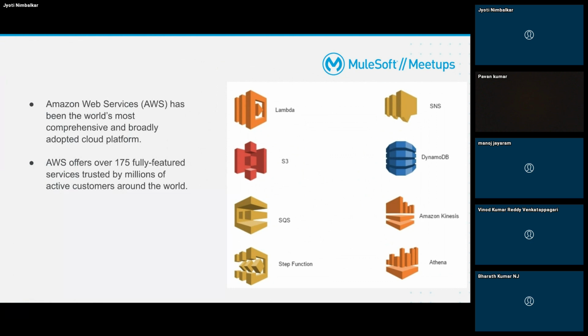And we all know MuleSoft is also one of them. MuleSoft's CloudHub runs internally within the AWS infrastructure. These are some of the famous services listed here, like S3, Lambda, SQS, SNS, and all.